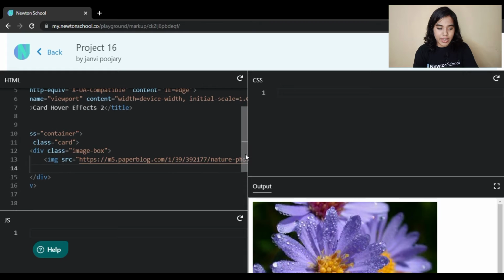Now after that image box we will write one more div whose class name will be content.